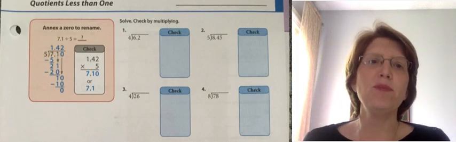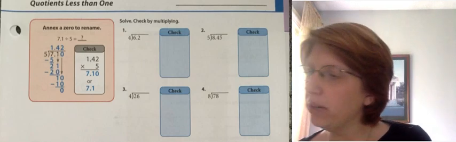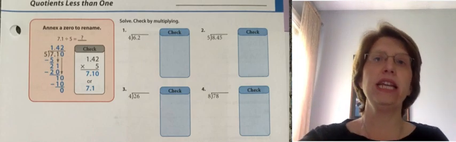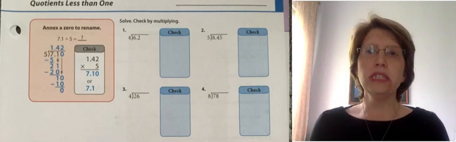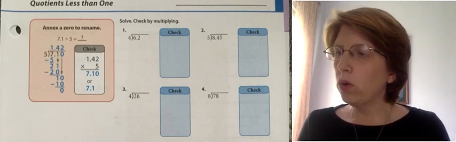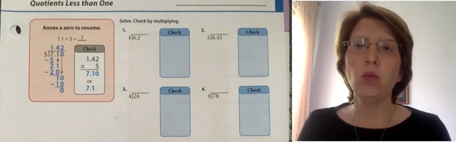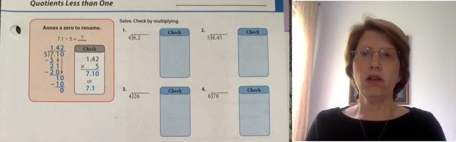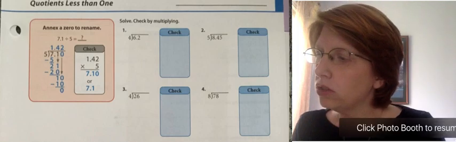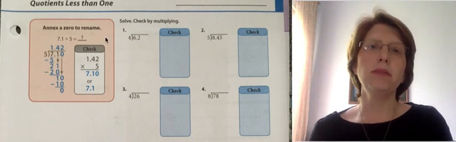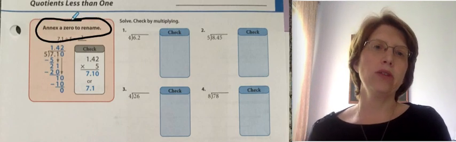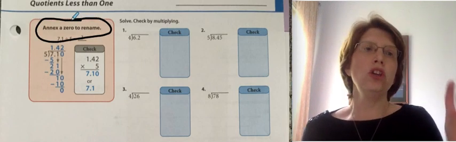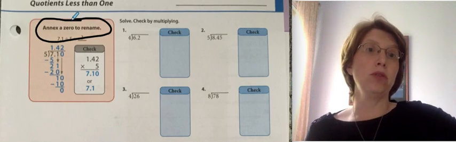Okay, we are ready for math, and today we are on page 309 and 310, and we are talking about quotients less than 1. Okay, so let's start here, and we're going to talk about something today called annexing a zero. Now remember, in decimals, you can add zeros behind a number